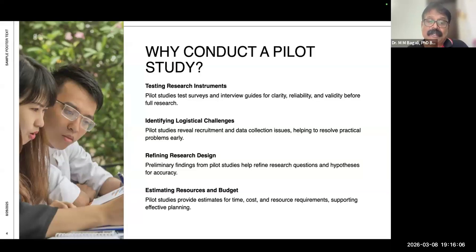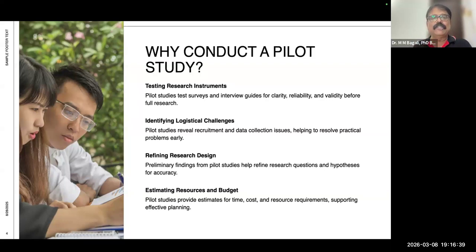from my respondents? You can also refine your research design, like we just spoke about a document analysis that Philip wanted to do, but he thought, okay, let me go with the questionnaire, but it revealed that case analysis would be out there. So when you have a research design, you can always test it in a pilot study, and you can refine your research questions and hypotheses so that you have accuracy.